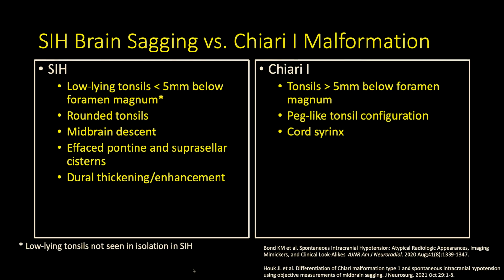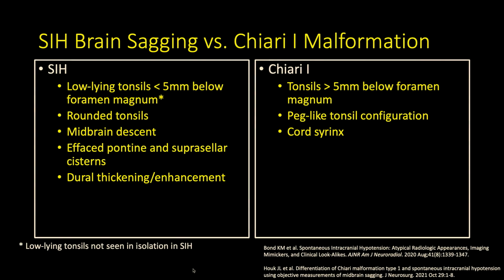So SIH will have low-lying cerebellar tonsils, but typically the tonsils will be less than 5 millimeters below the foramen magnum. The tonsils have more of a rounded configuration in SIH. You're going to see midbrain descent with these SIH patients, so effacement of the pontine cistern and suprasellar cisterns, and look for that dural thickening and enhancement on your post-contrast